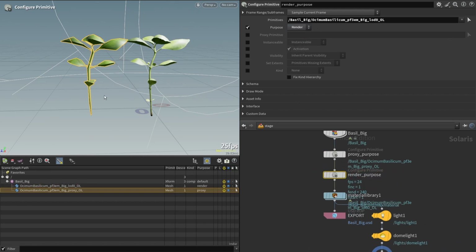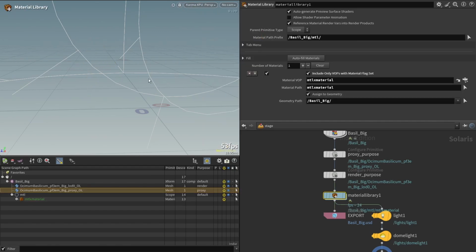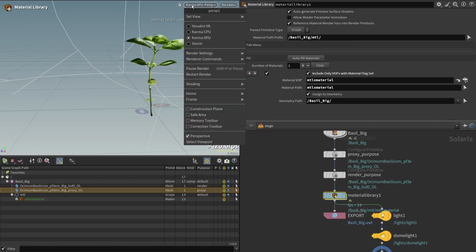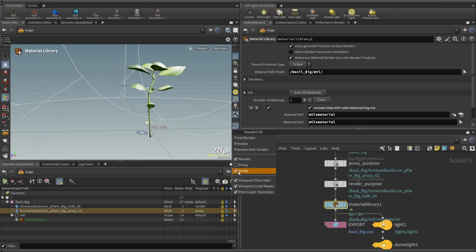The viewport can get a bit stuck when you change purposes, so you can give it a kick by deleting some nodes and hitting undo. Now the LOD0 mesh has disappeared, but if we render, then the proxy mesh disappears instead. If you click the sunglasses icon to the right of the viewport, you can choose which purposes to display. Guide is an optional purpose used by Houdini for the layout physics tools, so I'm going to ignore that for